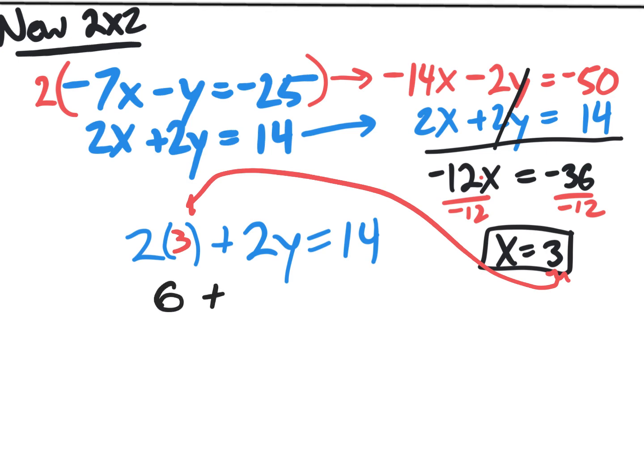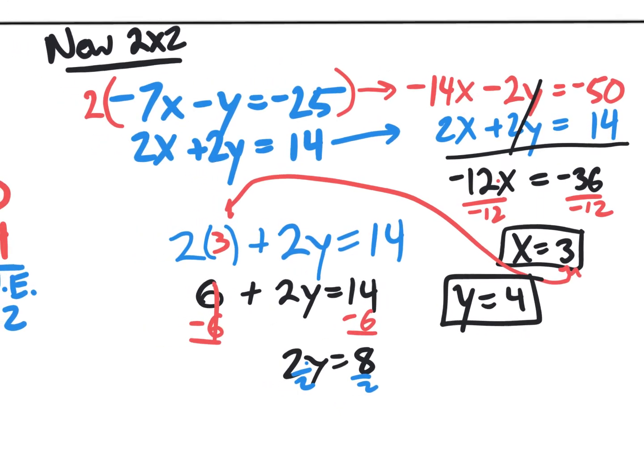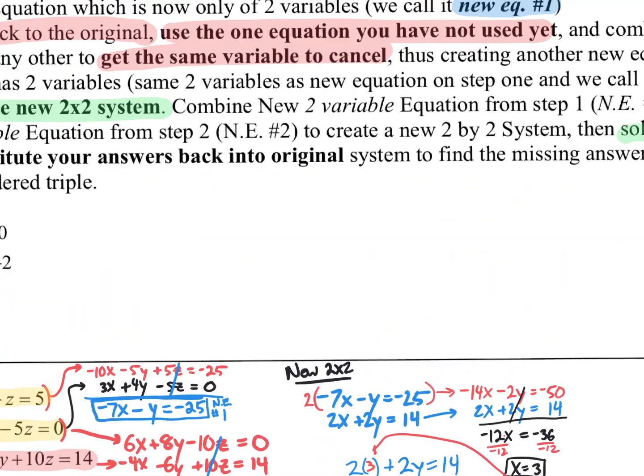I have 6 plus 2y equals 14. We're going to subtract 6. We now have 2y equaling, what is that? 8. Final step, divide by 2, and we have y equals 4. We did 3, 4, 5 tonight. Now, ladies and gentlemen, we have solved the 2x2 system, and that was, again, the whole purpose of this video